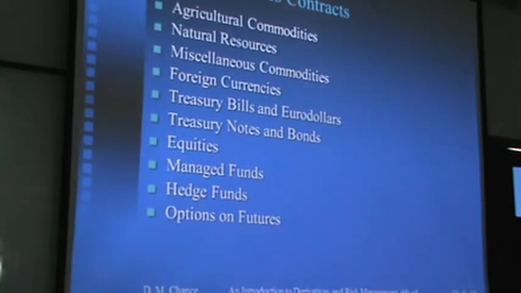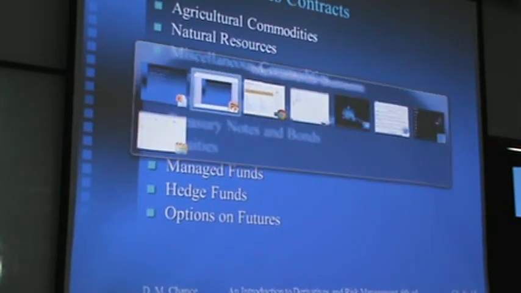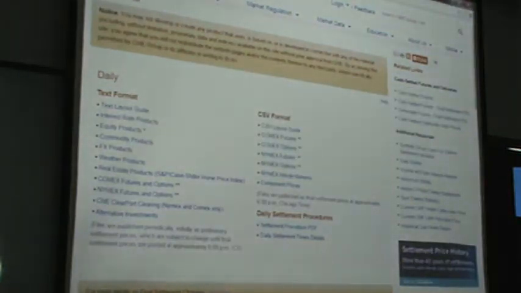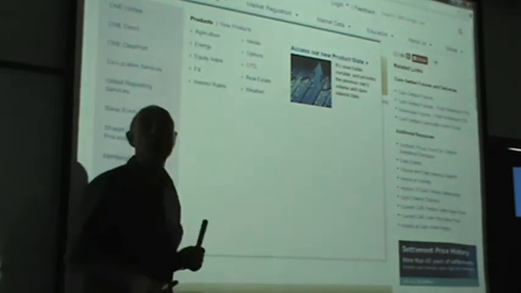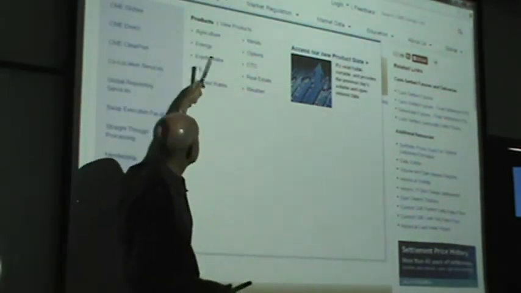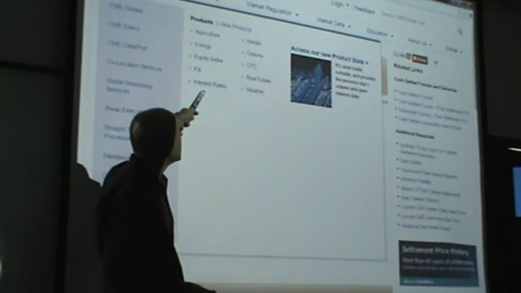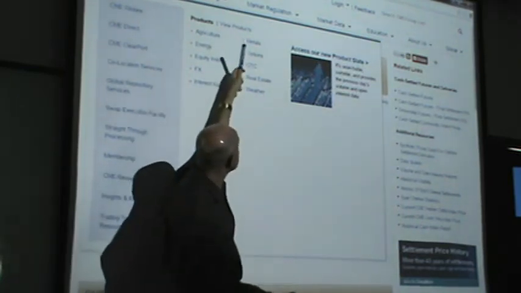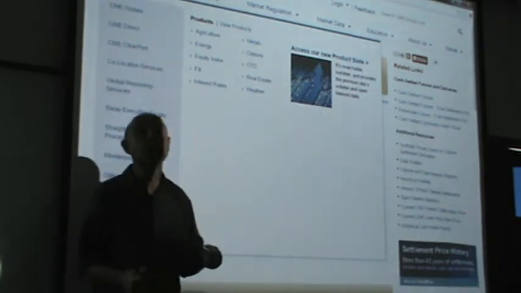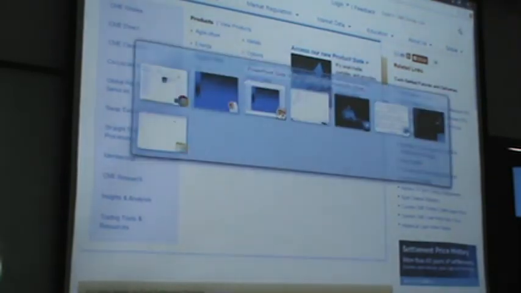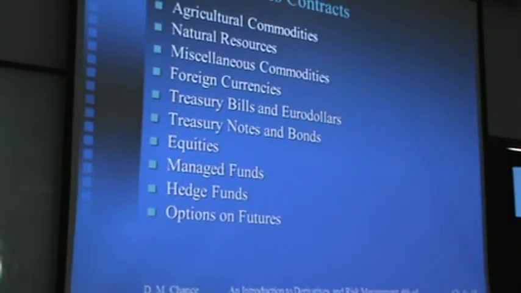If you went back to the website, you already saw right over here some types of contracts. You already saw agricultural contracts. You already saw energy, equity, forex, interest rates, metals. Separately you have over the counter, separately you have real estate, separately you have weather. So let's see a little bit of these. I mean, these are fairly straightforward. So, agricultural